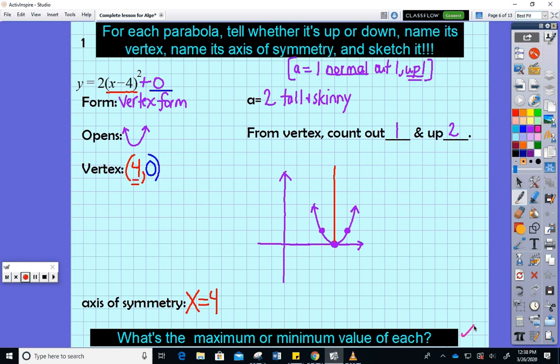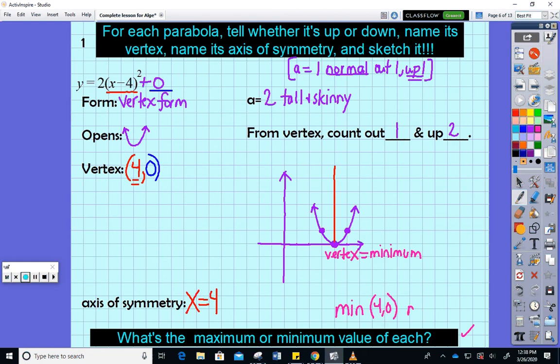So since my parabola is right side up, this vertex is my lowest point on the whole parabola, and low points are called minimum. If it was a high point, you'd call it a maximum. So they're either going to want you to type in that the minimum point is (4, 0),